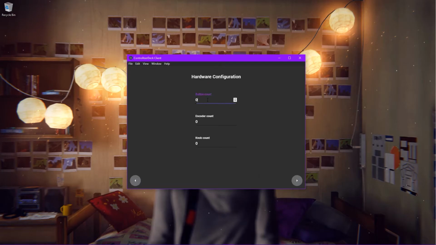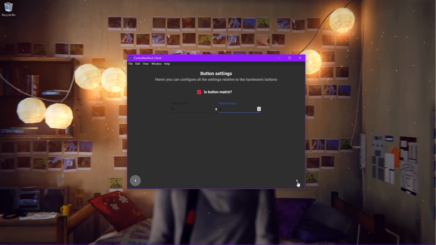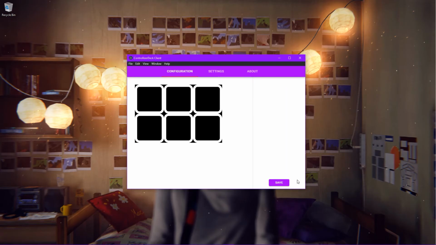a screen used to store how many components are connected, one used to specify on what serial port the application has to listen to, one to set if there are buttons connected, if that is a button matrix or not, and if it's a matrix, its width and height, and the last one, not implemented yet, to store information about